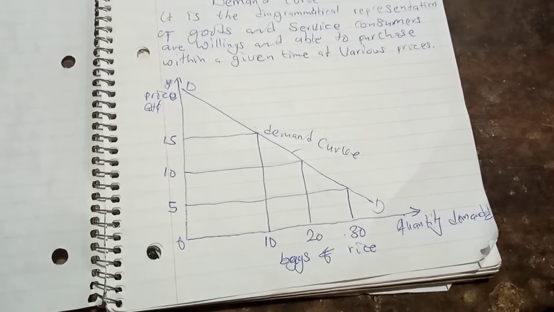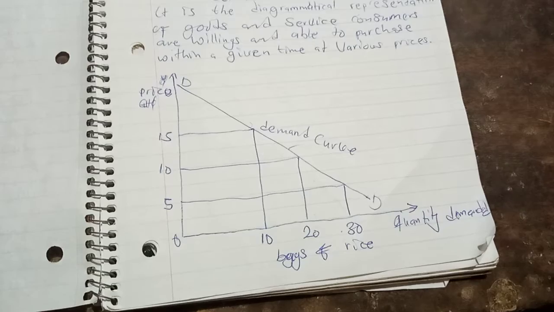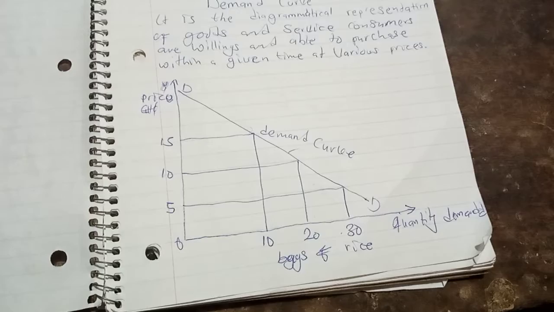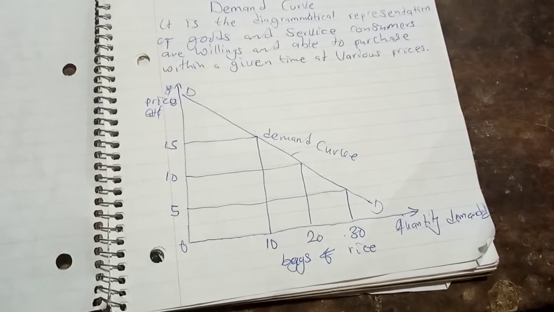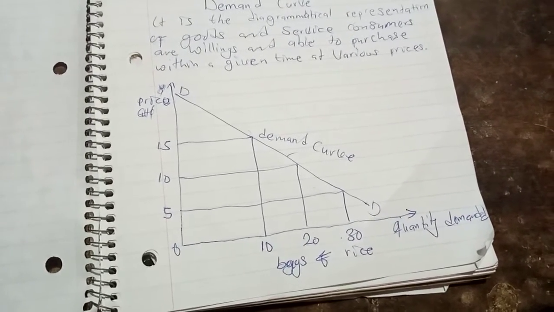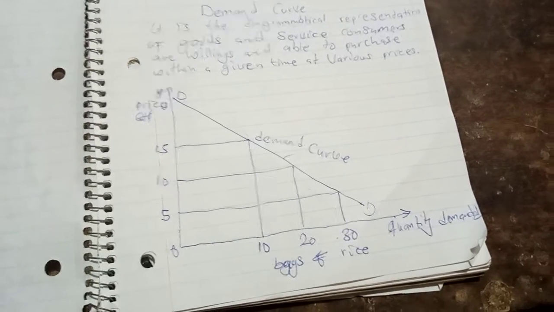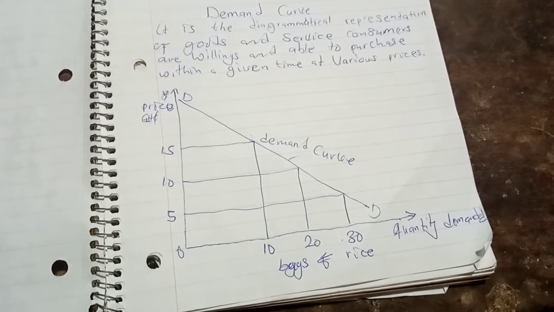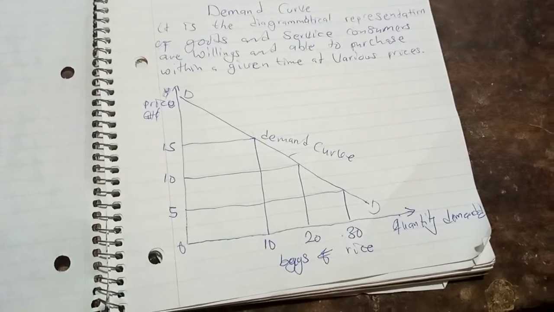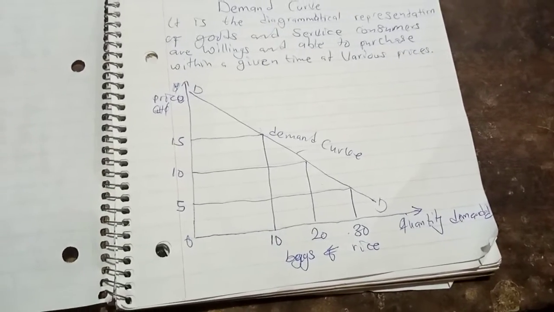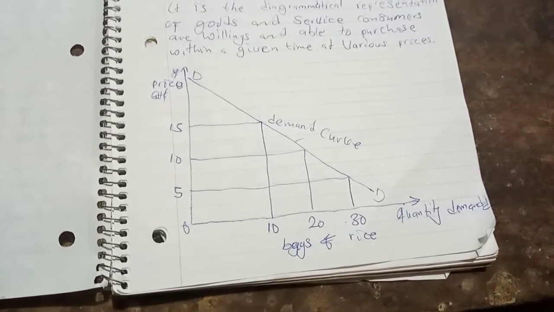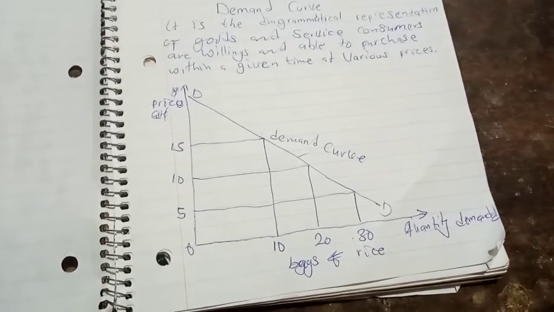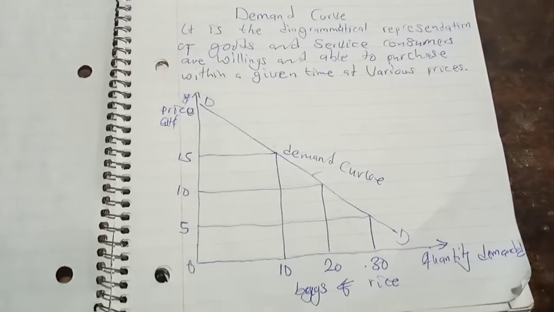It obeys the law of demand because when the price of a bag of maize is 15 cedis, the consumer buys only 10 bags. Now when it is reduced from 15 cedis to 10 cedis, and from the curve, when you trace, you see that the consumer increases the number of bags to 20 because price has reduced. In that order, at 5 cedis it also increases to 30 bags because price is very cheap at that level. Now, how do we draw this curve?